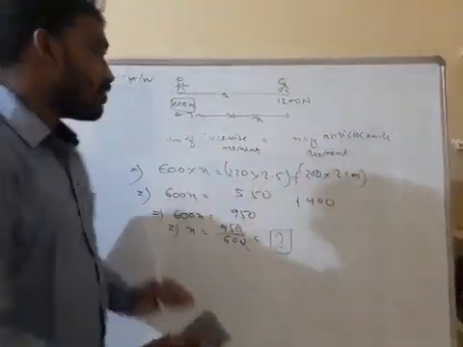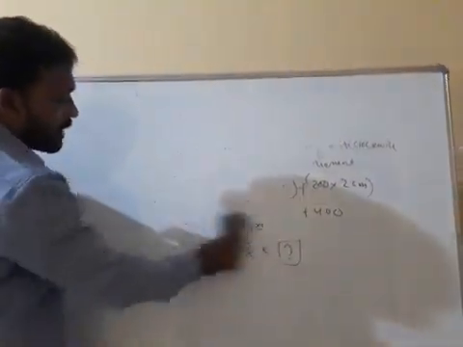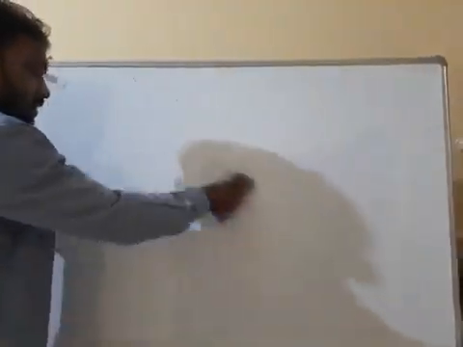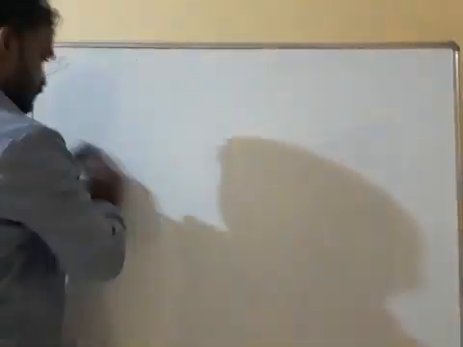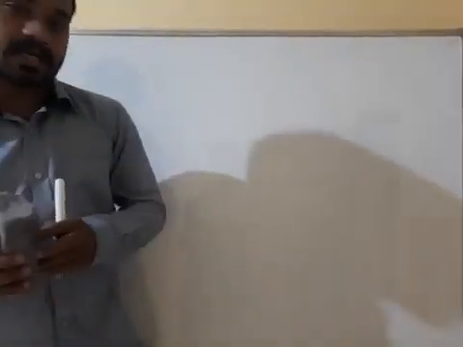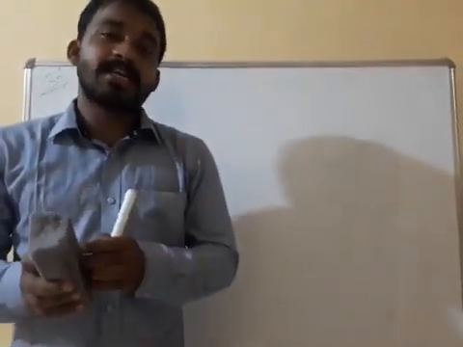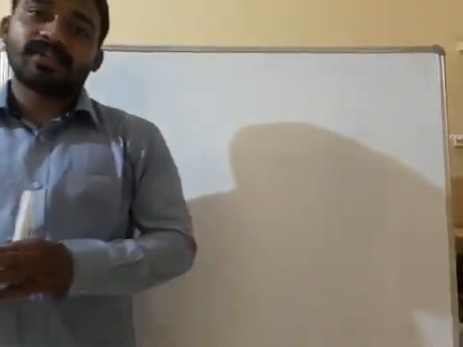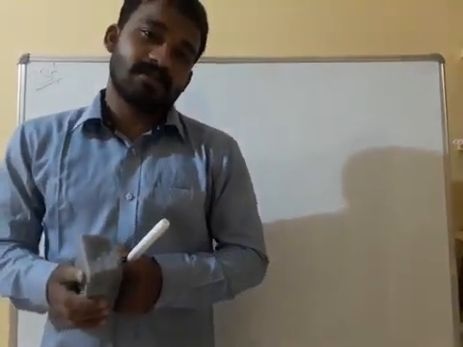Understood? Today up to this much. Next class we will start pressure. So up to this much you just complete. Understood? Okay. Next class we will read about pressure. How pressure increases, how can you decrease pressure, what is pressure, unit of pressure, how it is related with our thrust, force and area. Understood? Goodbye.